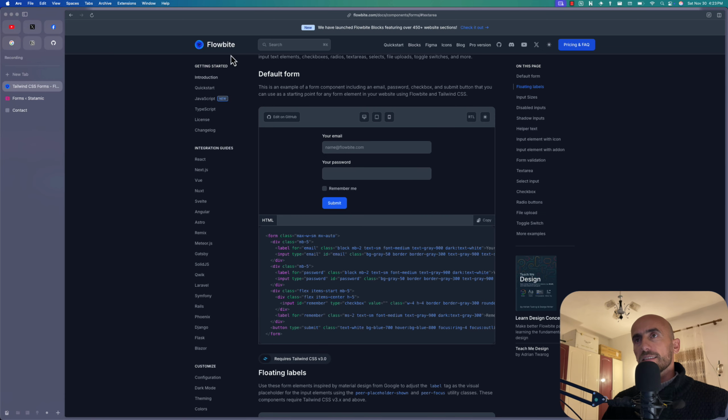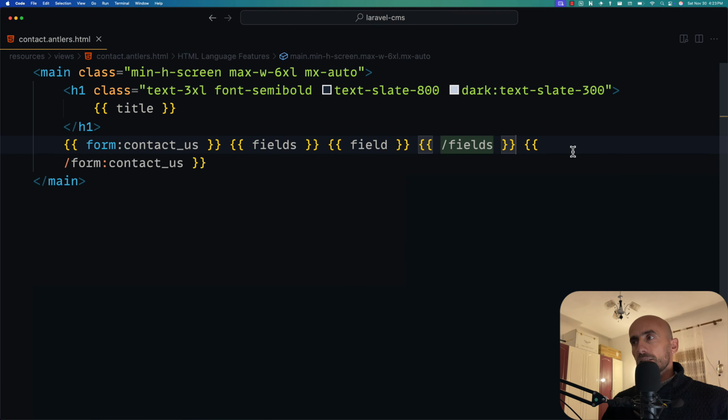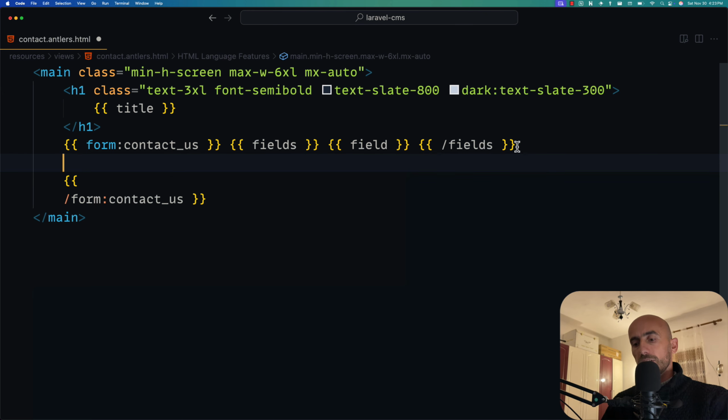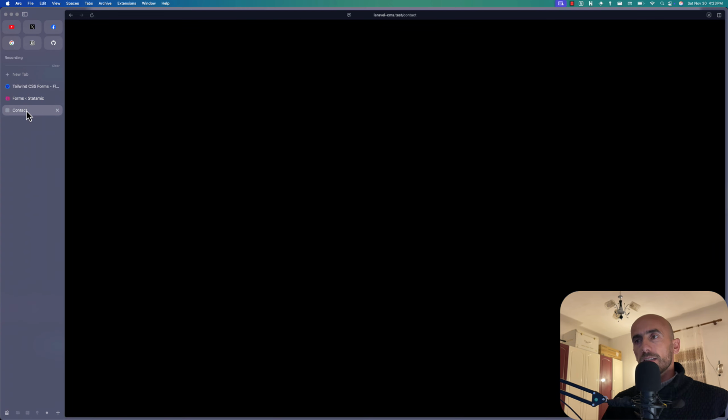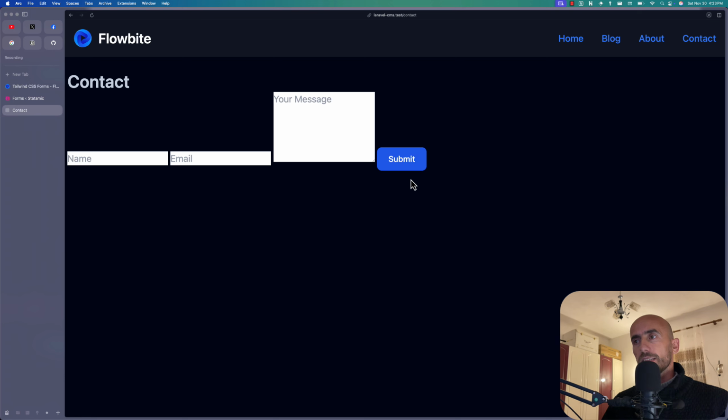I have opened here the Flowbite, and we have a form here. I'm going to copy this button because also let's add a button here. So after this one, I'm going to add the button and save and see. Here also we have a button. But we don't have the design. Also, if I submit here,